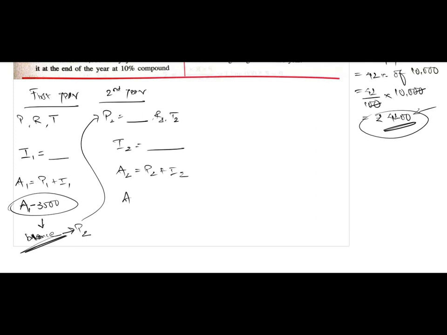And then from A2, you will subtract 4,200, which is the second repayment amount, 42% of the sum borrowed, 4,200. And when you subtract this, you will again get a balance amount, which will be carried forward and will become P3. Then you will do the calculation for the third year.